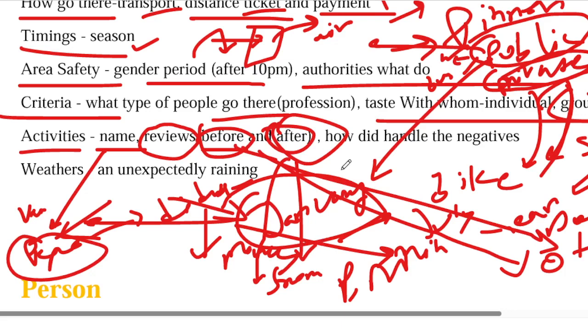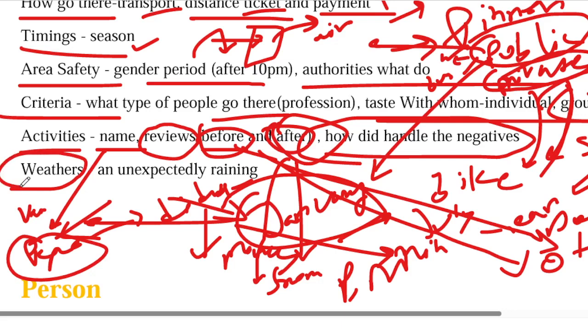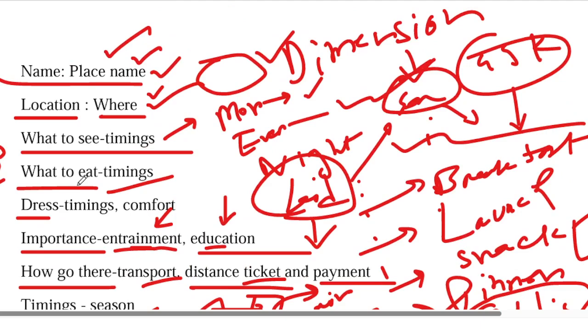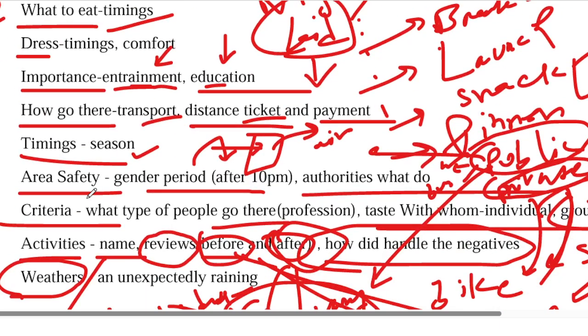And then, you will not find any place in the world where you won't find a single negative thing. Obviously there are some negative stuffs out there, at least one or two points. You should talk about those too. And then you can also talk about some unexpected weather. Maybe you went there and after some time you got rain and you couldn't really move around. Unexpected raining. So see, if you can bring these topics, you don't even need to bring all of them. You can just bring like 5 or 6 of them. You'll be good to go.